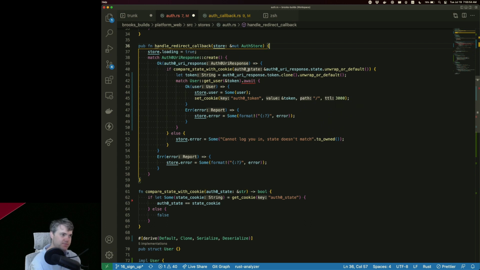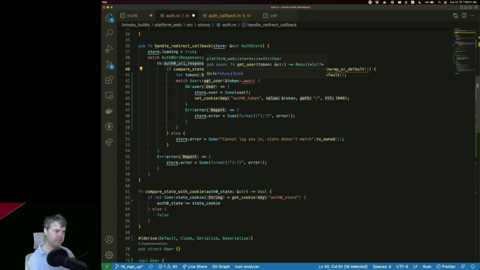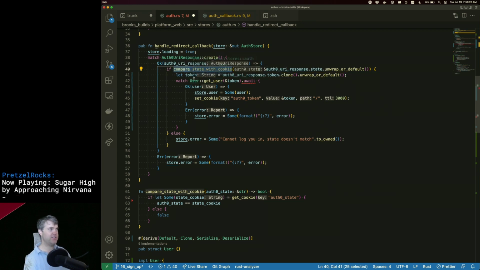So all right, there's like a couple things happening here. First, I need to get the token. I guess we're getting the URL response state, and then we're verifying that the state matches.